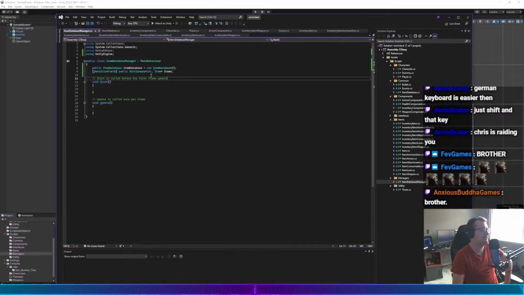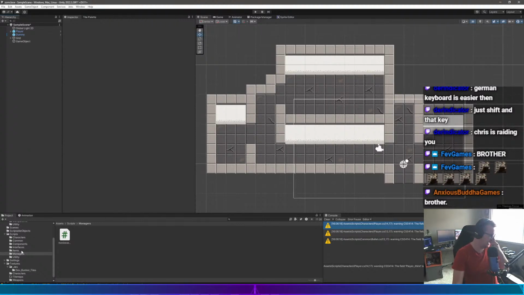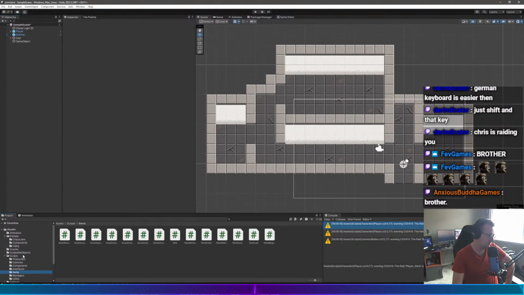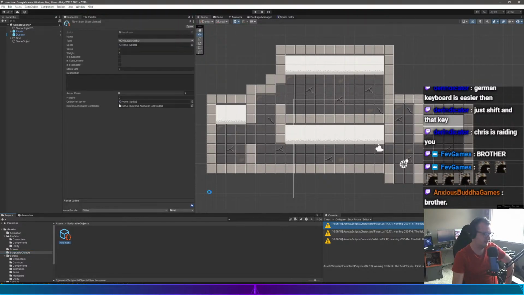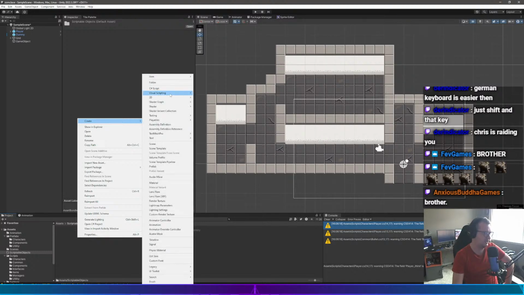So why is this dictionary not showing up? Serialized field dictionary not showing up in editor. Yeah, okay, so I can't expose these dictionaries to the editor, which means I have no way to, because what's going to happen is all of these items that can get out of here. So like I'm going to have, say, a